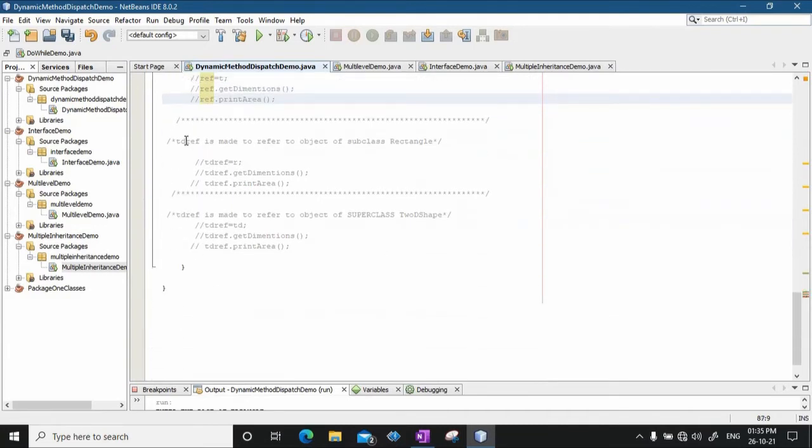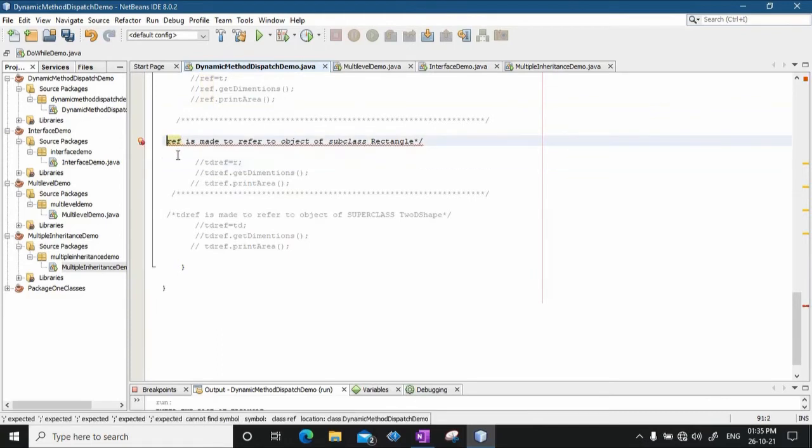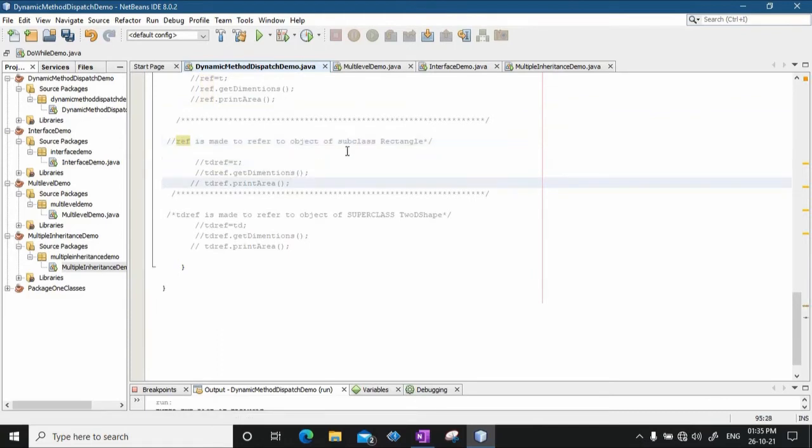And now this ref reference name, I am trying to point it to the object of the rectangle class. So I will just invoke these lines, ref equal to R, and then using ref we are accessing get dimension and print area.